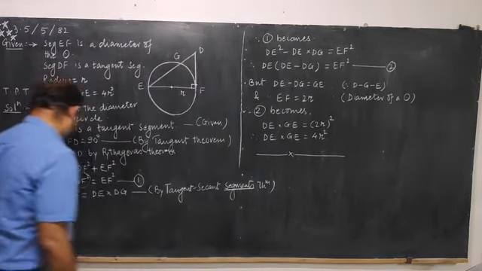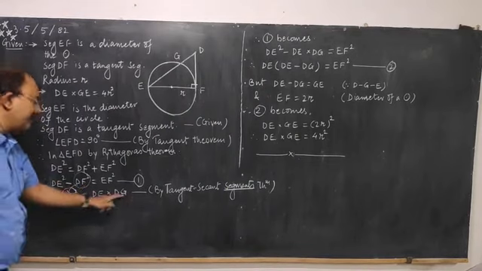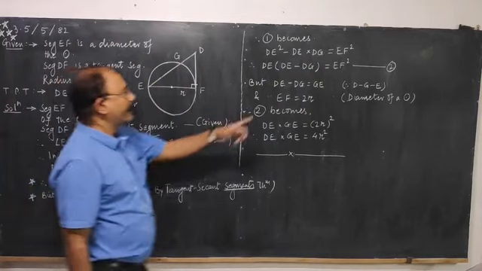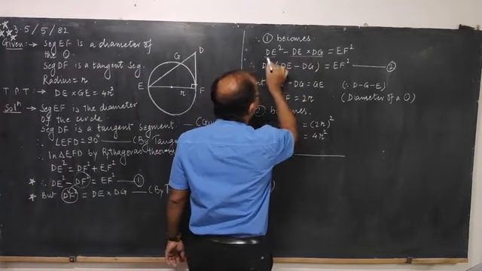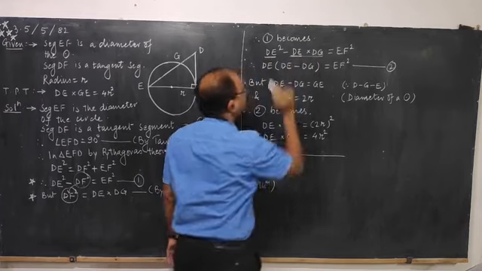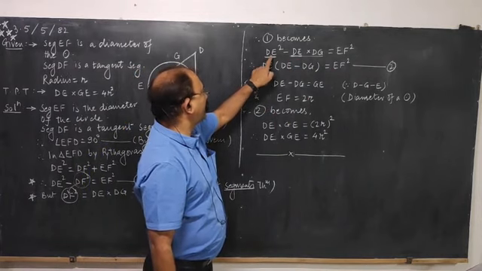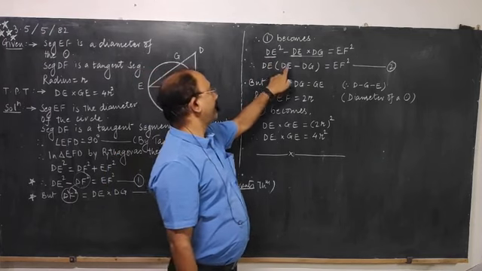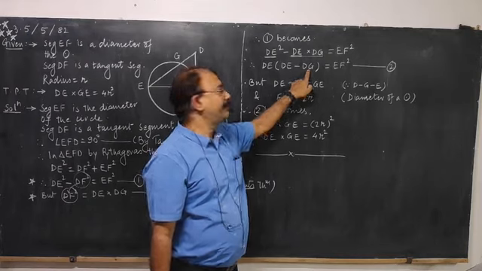DE square, which was previously there, DF square, which you found out, DE into DG. So we will replace this by DE into DG is equal to, right hand side is kept as it is, EF square. Now we observe that from the two terms we can take DE common. So from DE square, DE has gone out, so 1 DE will remain inside, minus DG, because we have taken DE common.